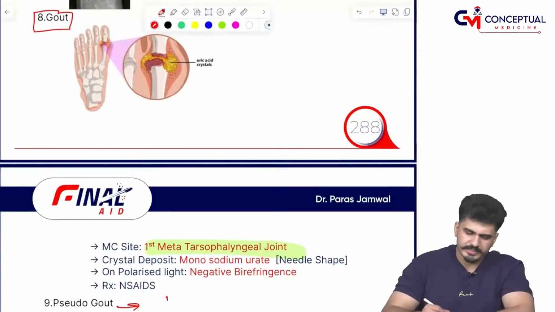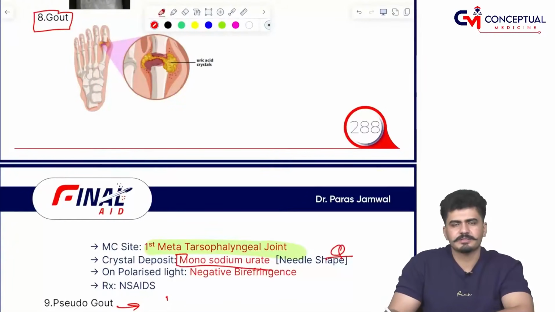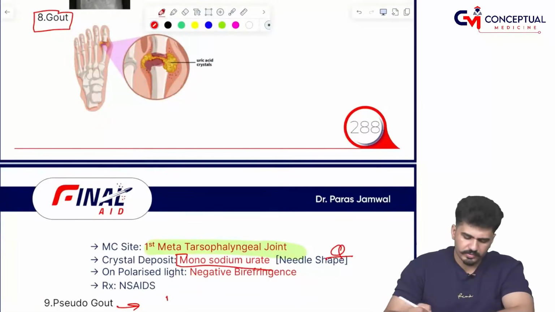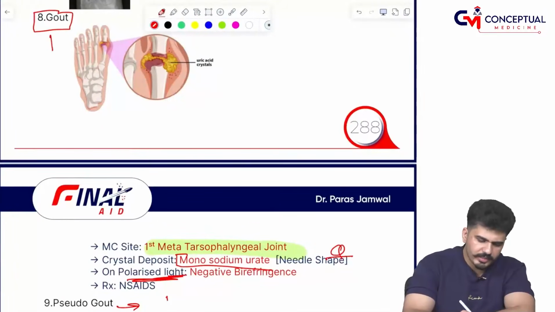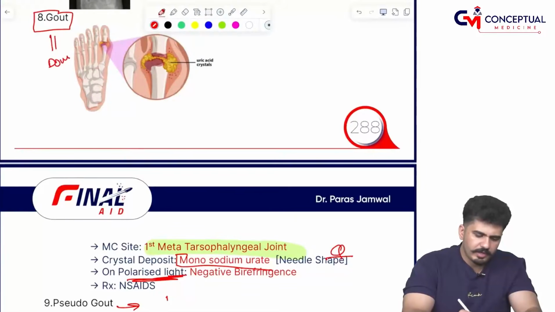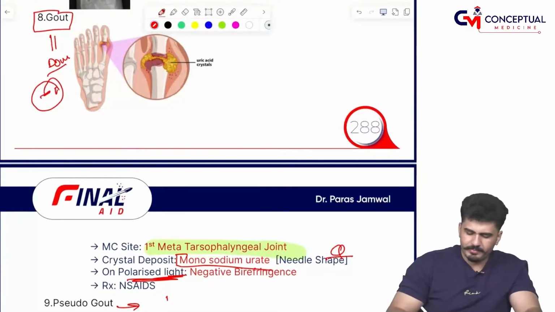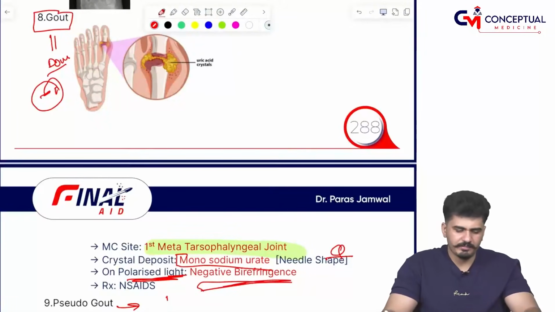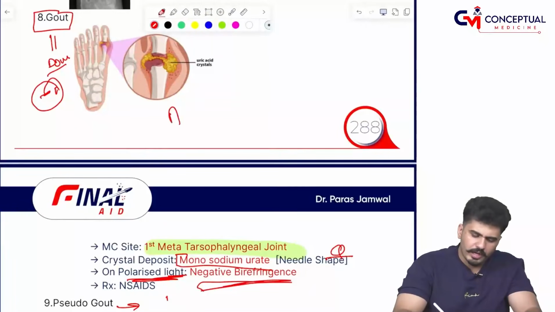Sir, in the gout, the crystals deposited are monosodium urate, which are needle-shaped crystals. And in the pseudo gout, there are rhomboid-shaped crystals. Sir, on polarized light, the gout is negative, that is why remember negative birefringence. Acute gout treatment is